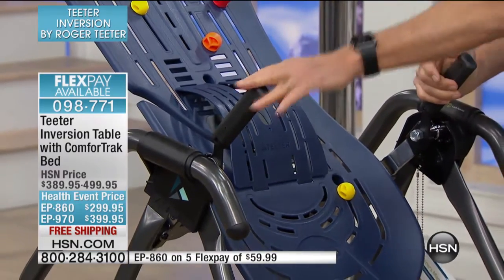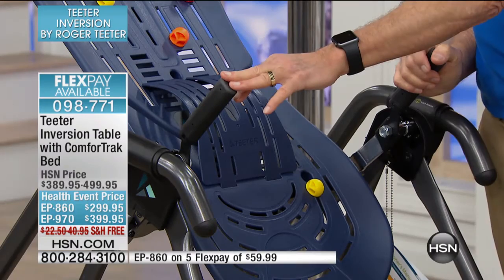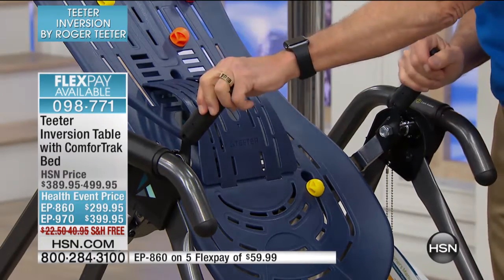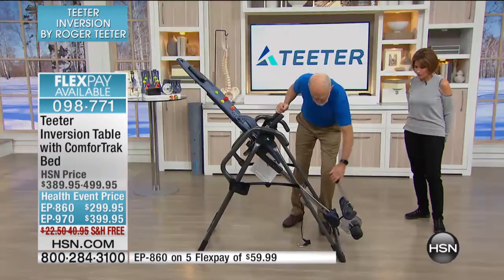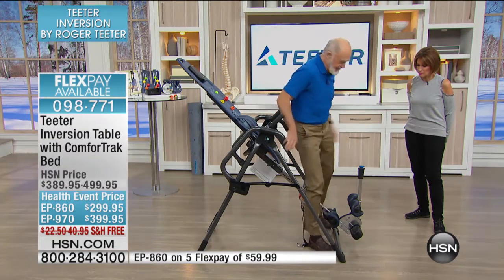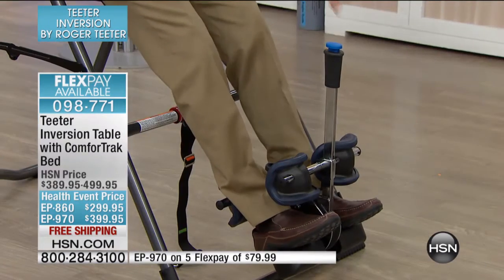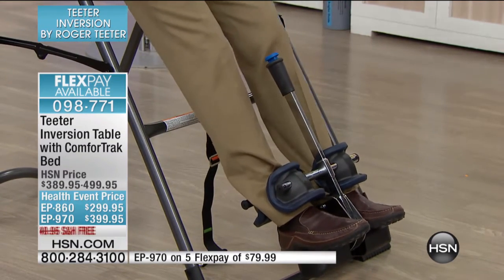The traction handles, I'll demonstrate these. This is something you do not get on the classic table. Again, the 2 upgrades for the 970, the traction handles, which I'll demonstrate, and also the easy reach handle, which, if you have trouble bending over, is just a huge, huge help. Step in, pull this to lock it. Okay, so